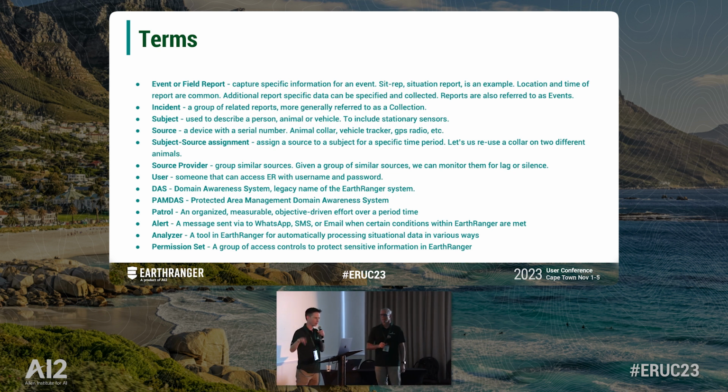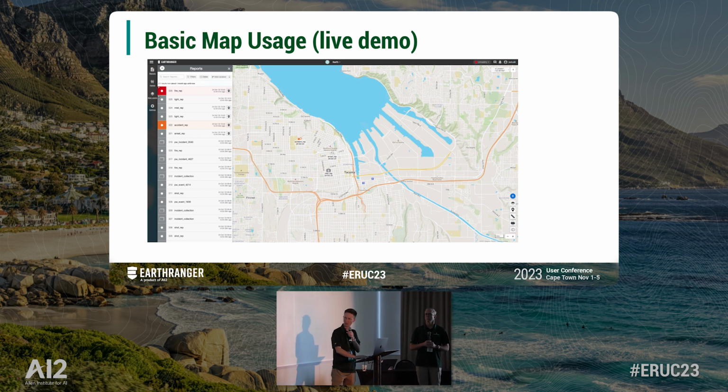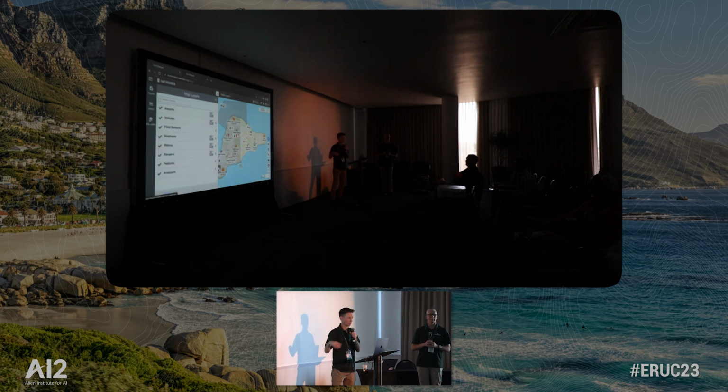So we'll just do a brief overview of some basic usage of the map in EarthRanger. You'll notice that the main layout of the dashboard is comprised of a large map view of your protected area, as well as a sidebar that contains various feeds and lists related to operational data like reports and patrols, or geographic features and other things on your map in the map layers tab. The map itself